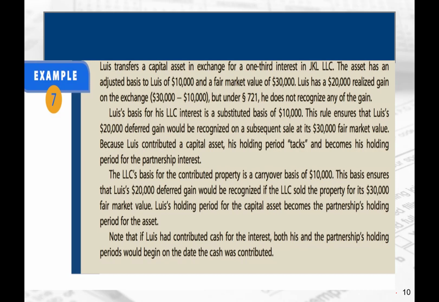And they tell us that this rule ensures that what? The $20,000 deferred gain will be recognized on the subsequent sale of the share that he bought, which was presumably having a fair value of 30. We assume in these examples that Luis isn't desperate for money. He's not going to go around giving away stuff that's worth 30,000 and only get a share that's worth $10,000, right? So the presumption is that he's getting something back of equal value. Because Luis contributed capital assets, his holding period tax